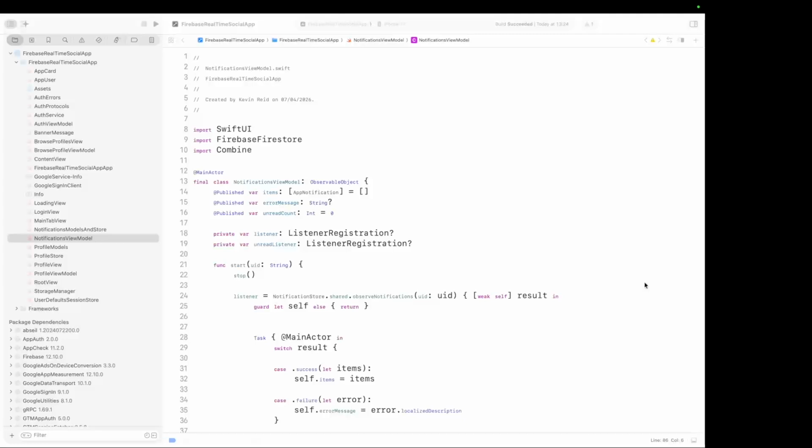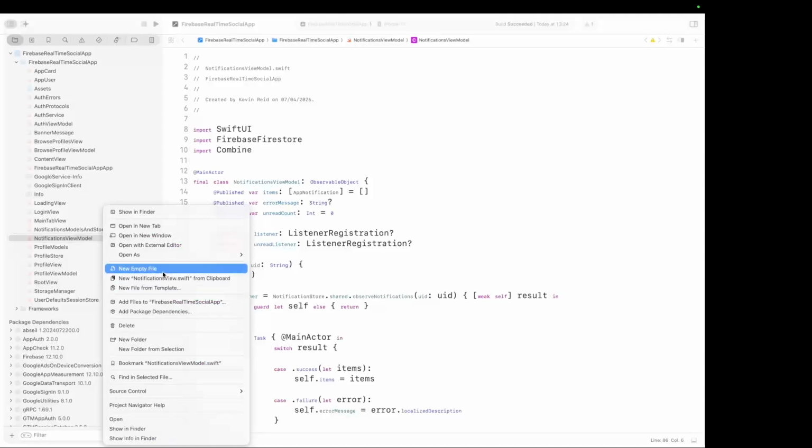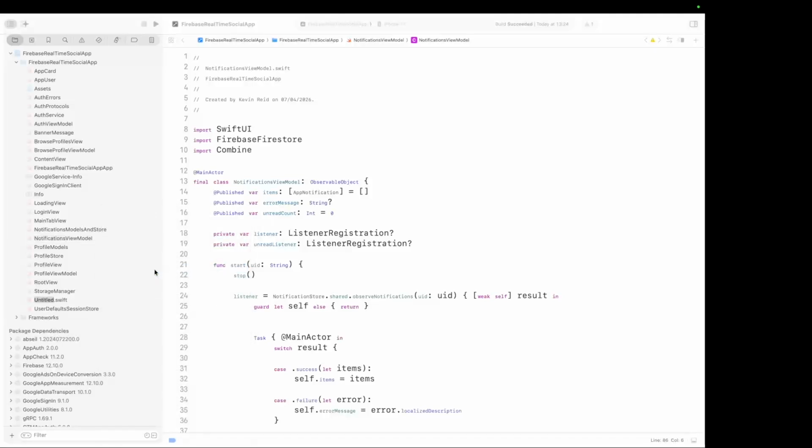The purpose of this file is to show a list of notifications that have been retrieved from Firestore. So let's create that new file now, SwiftUI file. I'll just call it notifications